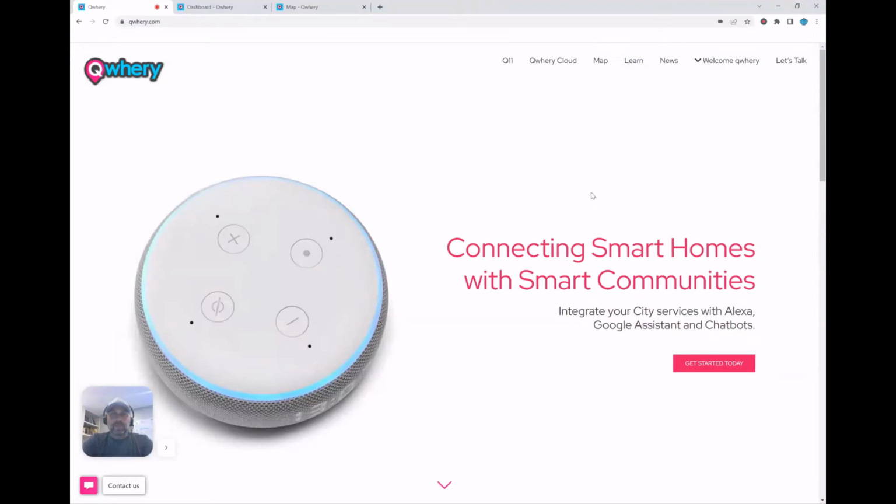Well, hey everybody, my name is Matt Patrician, and I'm going to walk you through how easy it can be to connect your ArcGIS REST endpoints to the Qwhery Cloud, effectively connecting your GIS data to Alexa and the Google Assistant and our chatbot. So the first thing you want to do is visit qwhery.com and come to the login